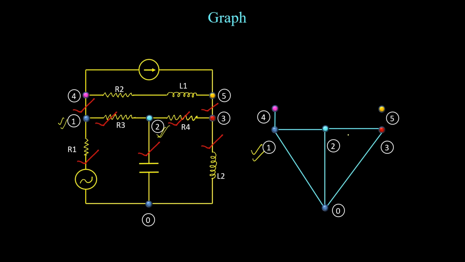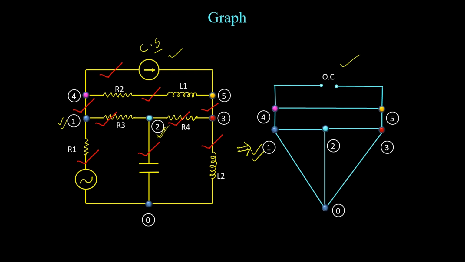So now that also we can connect. Now the next one is 4 to 5. 4 to 5 or 5 to 4, we have a connection. So directly you can represent a line between the 4 and 5. In the same way, we have a connection between the node 4 and node 5, which is an ideal current source, and we know always the ideal current source will be represented by an open circuit. So with that point, I have represented the current source by open circuit.